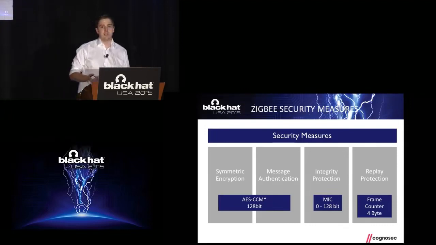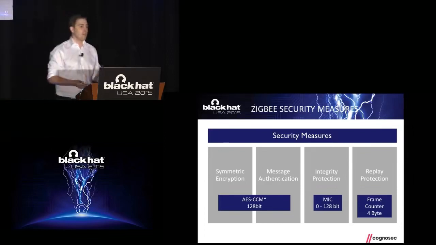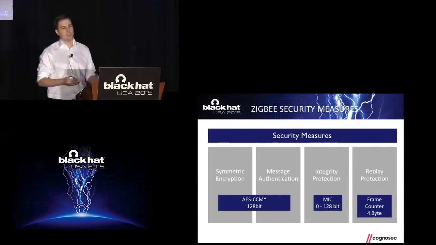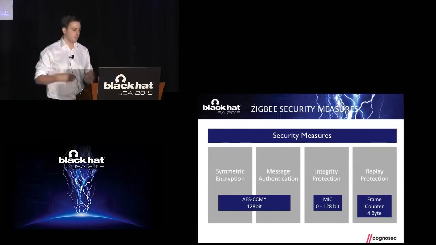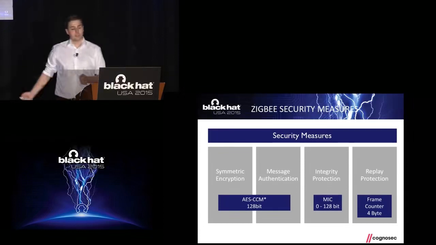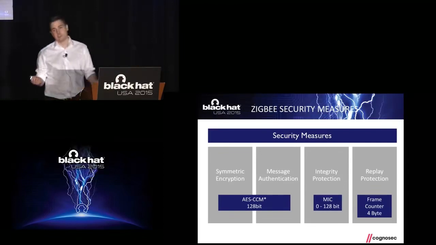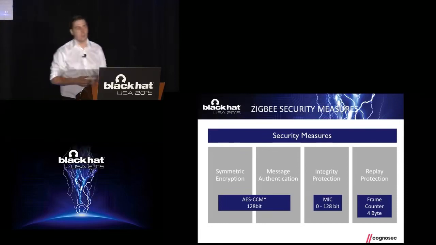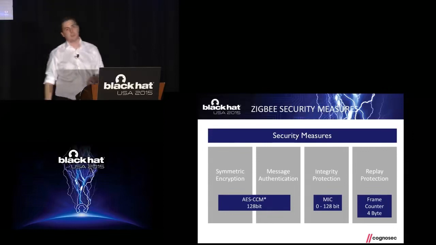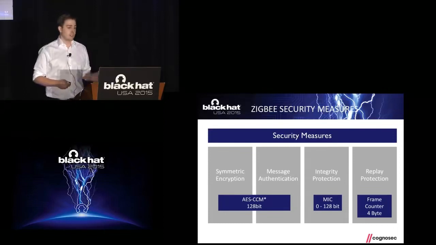Why I mention this especially is I did some research in home automation security, and a lot of vendors do their own cryptographic stuff. They're doing variations of AES they create on their own, which is totally crap. We know as the security community: don't do your crypto on your own when you don't have knowledge in this field. They're also providing integrity protection up to 128-bit and replay protection, which they added some years ago. It's a 4-byte frame counter. This means every command sent from one device to another has this frame counter, and it gets increased, so you can't replay your messages and commands.